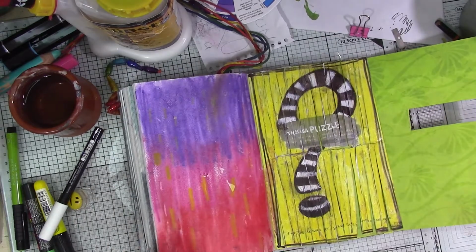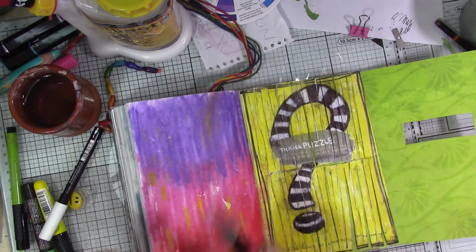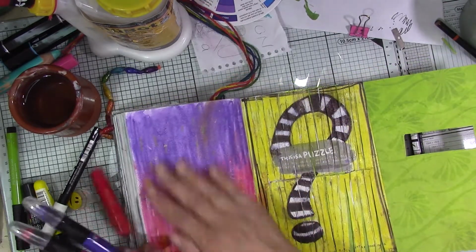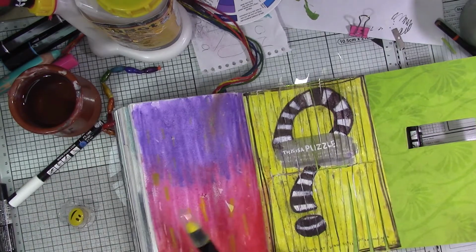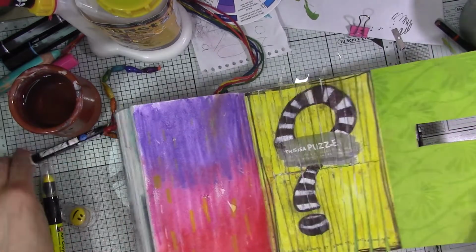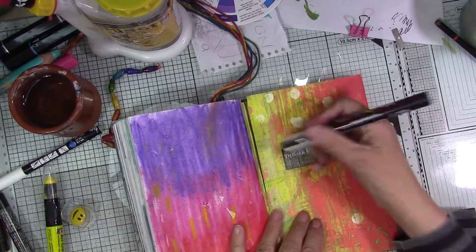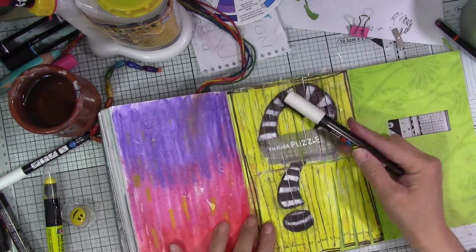I've just scribbled over here with my lipsticky jobbies. So I've used a purple, a magenta and a red gelato on here. And water activated them all. Scribbled with a bit of yellow because I just wanted to kind of continue the scribbly theme. So I'm now going to put my arrow on here. Black and white frame around there and on the inside,